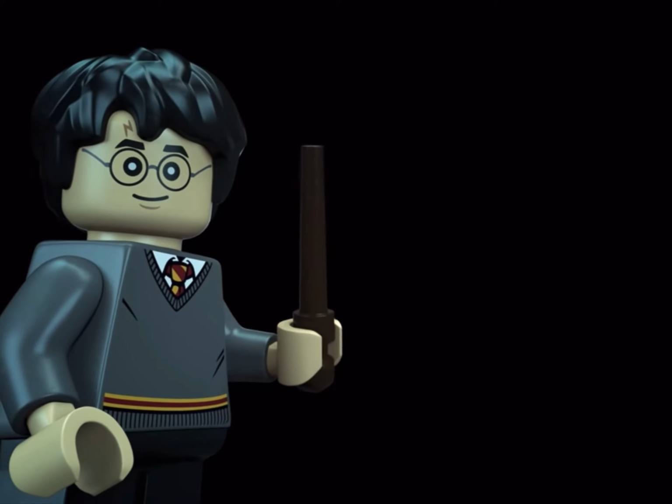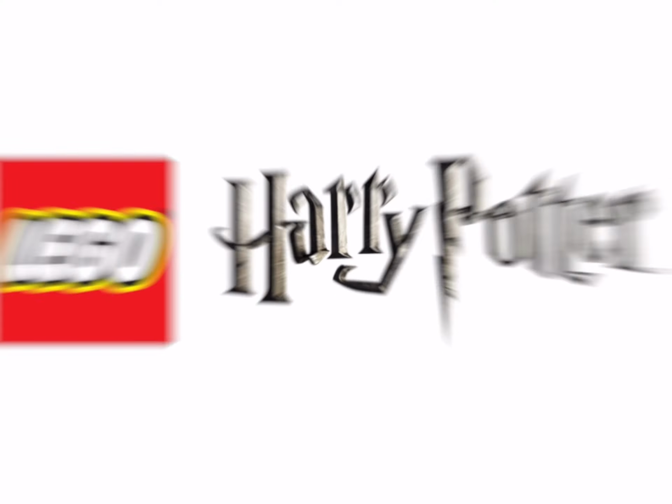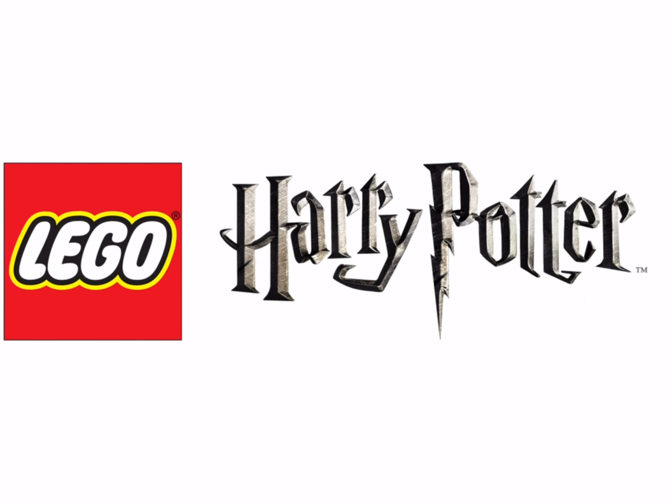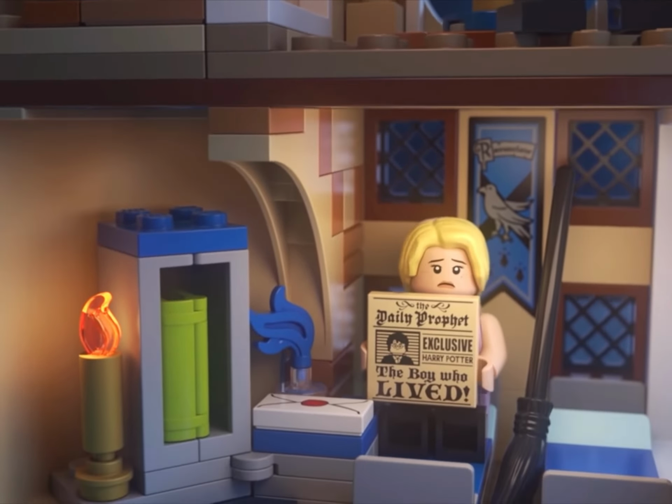Last week I did a video showing all of the new sets that would be coming out, and lo and behold, about 48 hours later, all of the official images were leaked. So I'm going to go through them all again with the official images and things that we may not have known or seen the first time, starting with